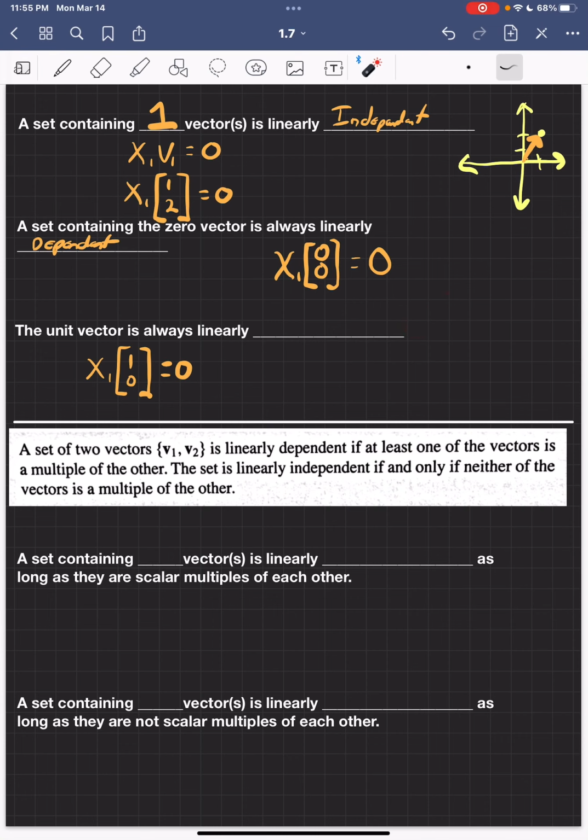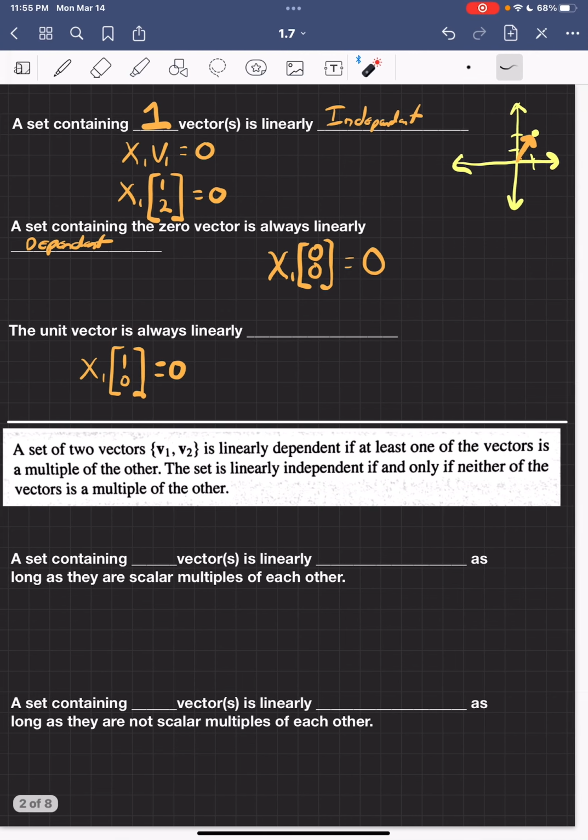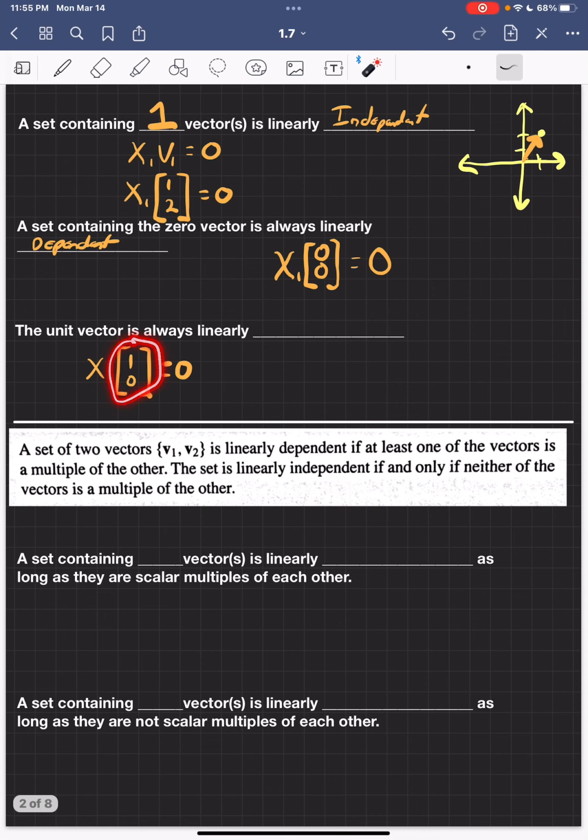It doesn't matter what space you are in, whether 2-dimensional, 3-dimensional, etc. The only way to make this equal 0 is if you choose 0. So unit vectors are always linearly independent. Okay, so